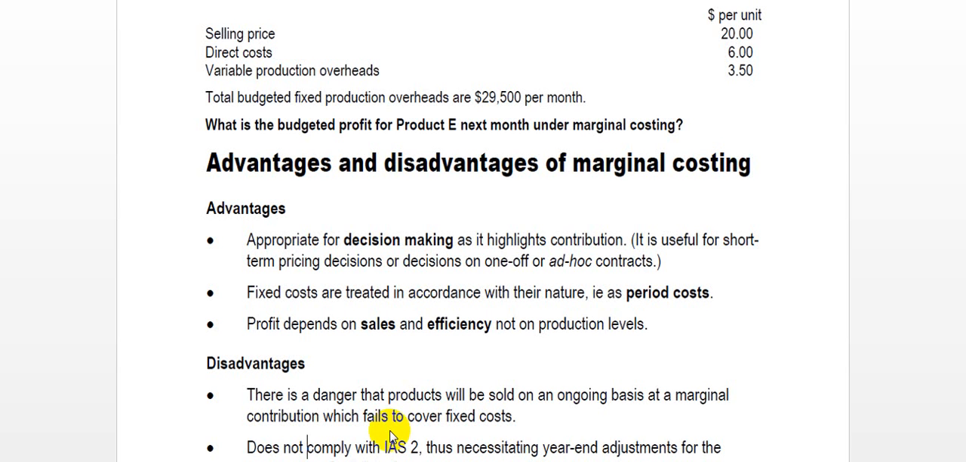Fixed costs are treated in accordance with their nature as period costs. Okay, they are fixed, they will still be incurred whether there's production or not. Profit depends on sales and efficiency, not on production levels. Now its disadvantages: